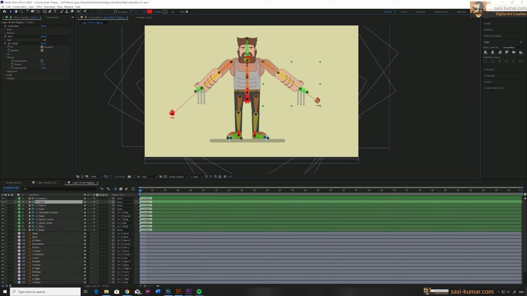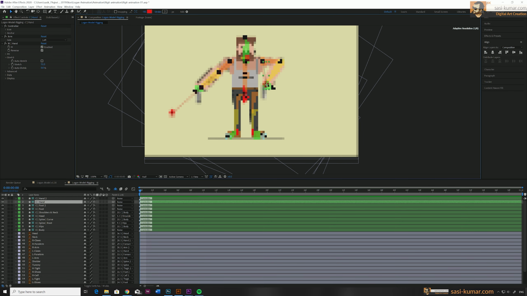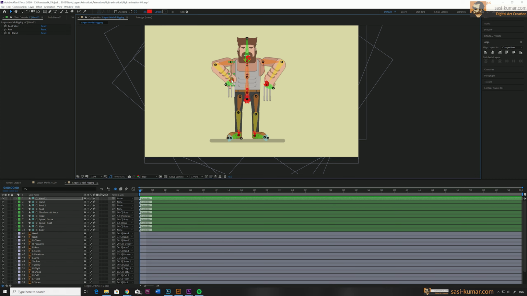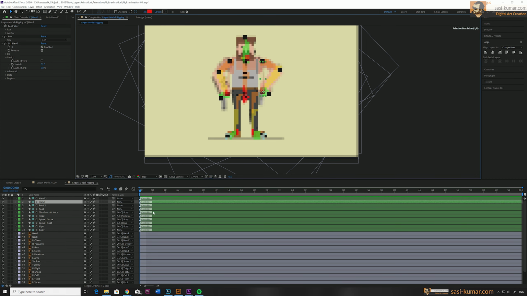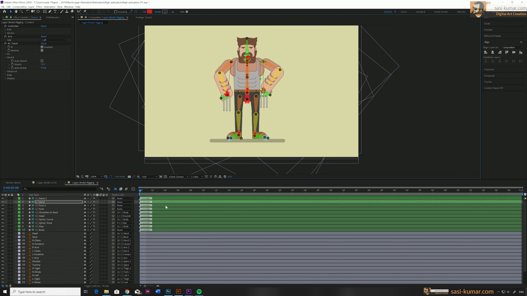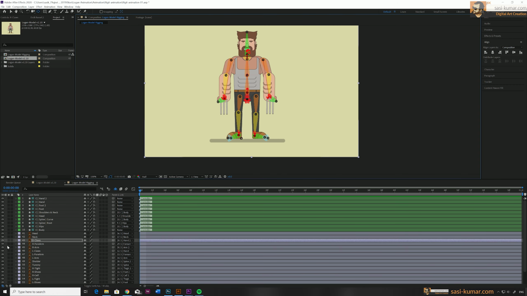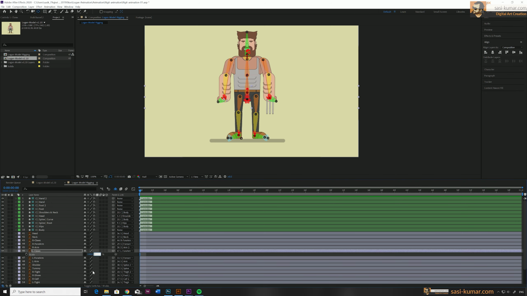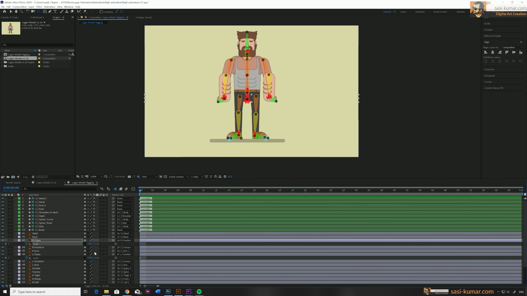Alright, we can recreate the pose which we created in Illustrator by moving these objects like this in here. Also, on these layers you can go in and make keyframes same as any other After Effects layers. You can make keyframes and make animations also.